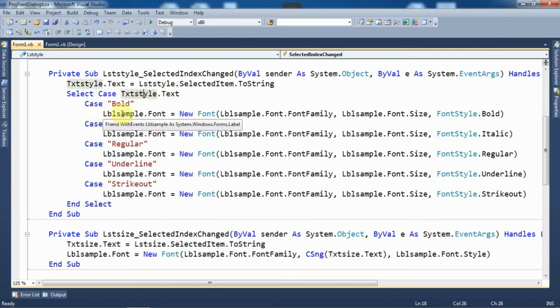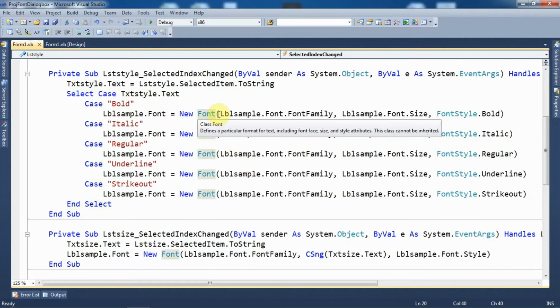Again over here we need to create the object of the Font class, but in this object creation only the style will be changed; the remaining two parameters, font family and font size, will remain as they are. So I have created the object of the Font class, that is New Font, and within that the first argument is the font family, and as the value has to remain as it is, I have written lblSample.Font.FontFamily, meaning the font family will be as it is, already present in the label control.